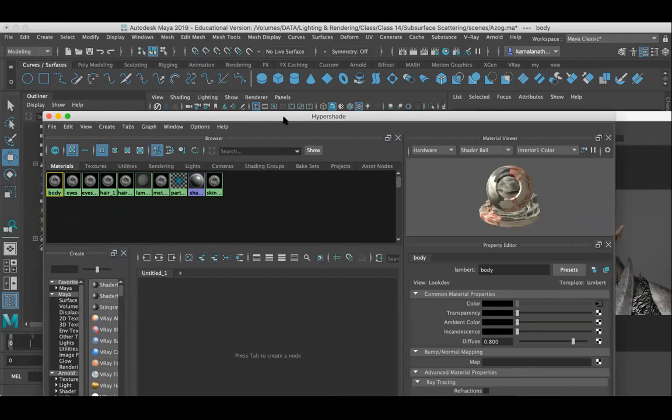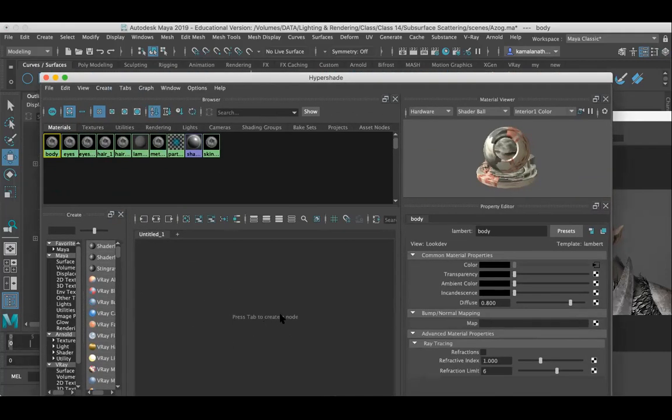Here you can see a node area, the space where I can create nodes. This place is completely empty, and here I want to choose some nodes.